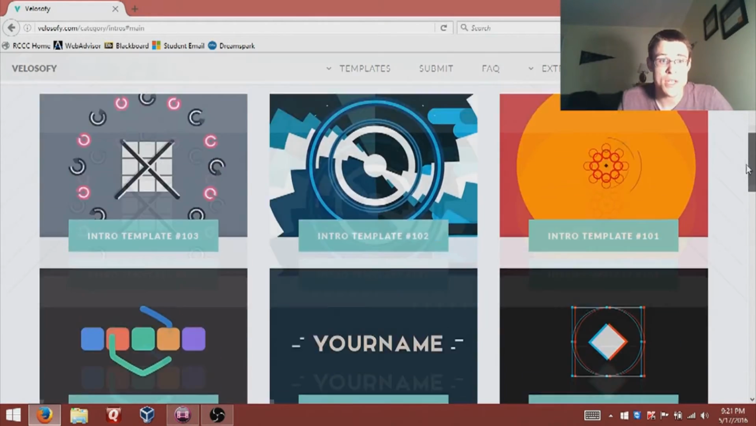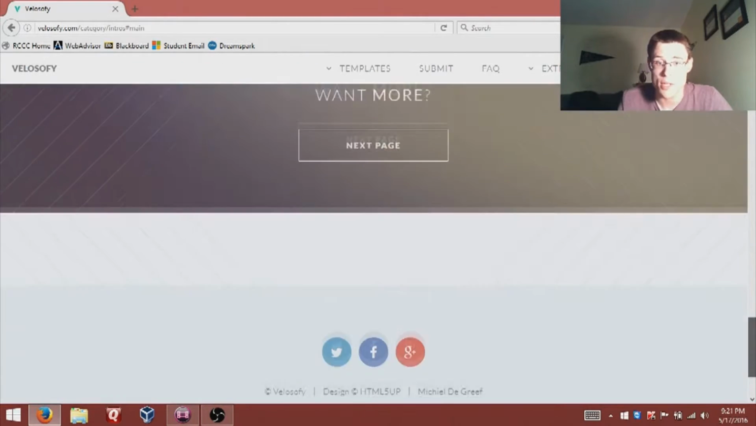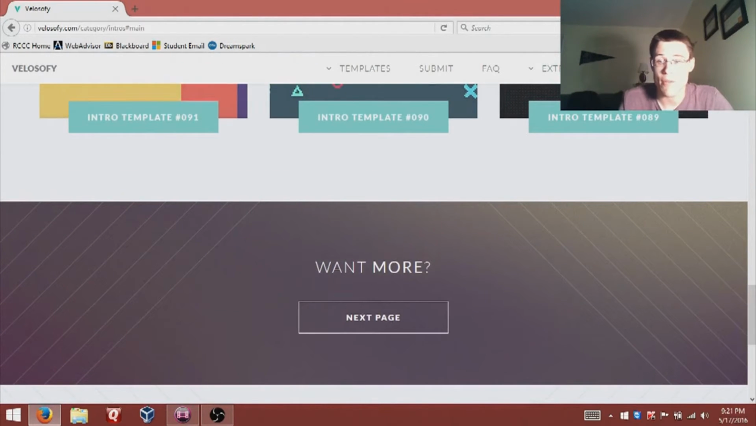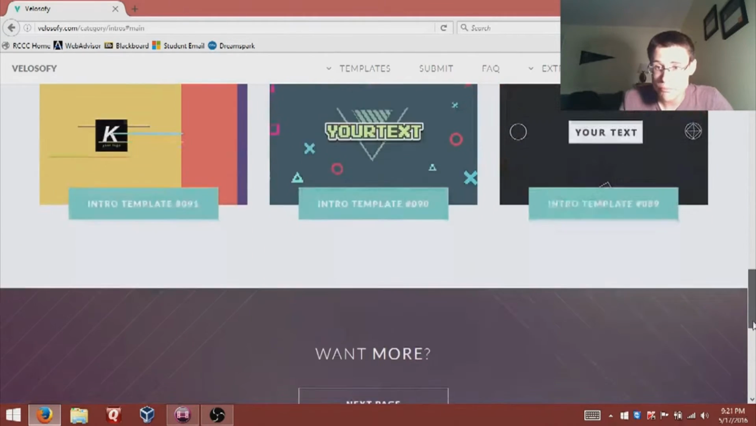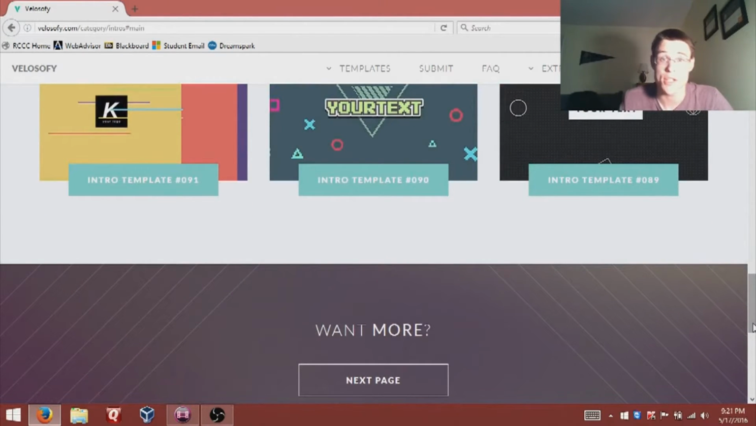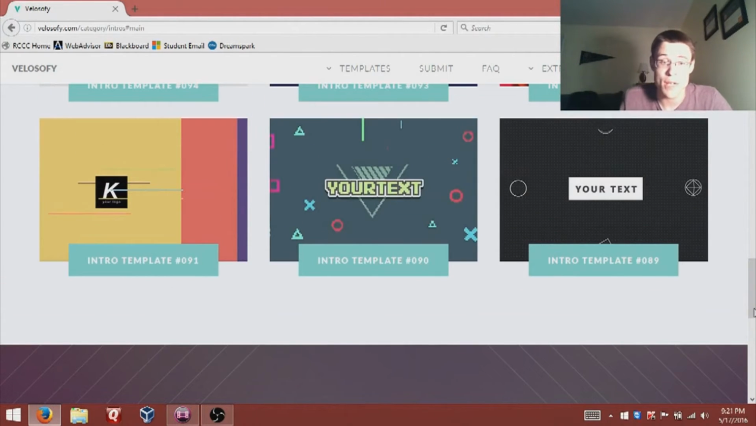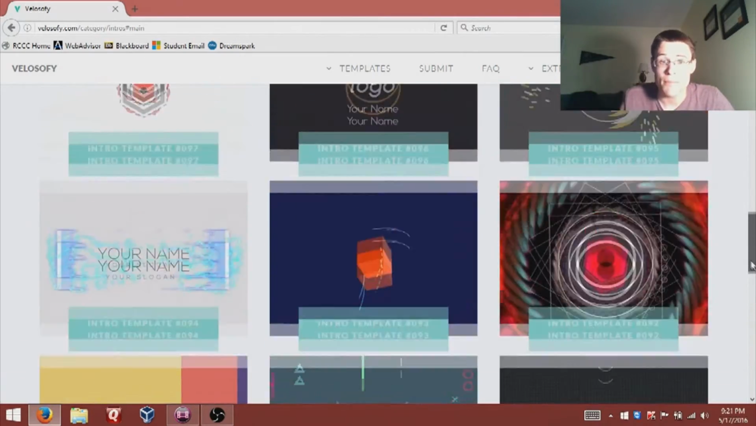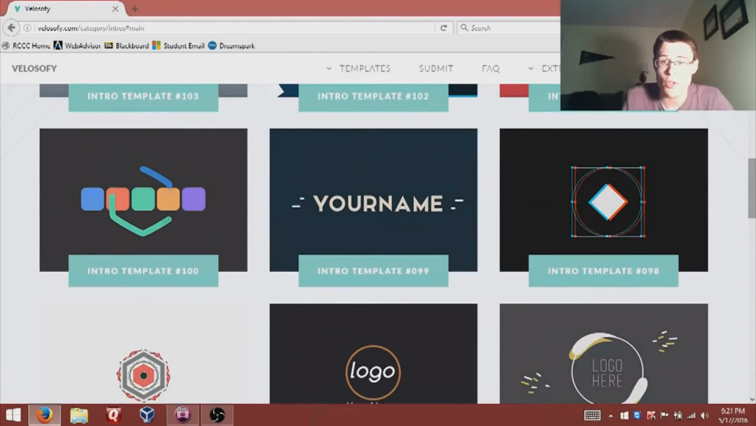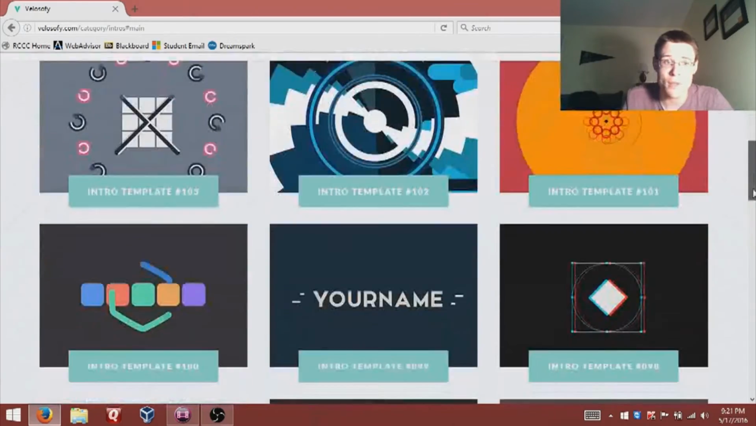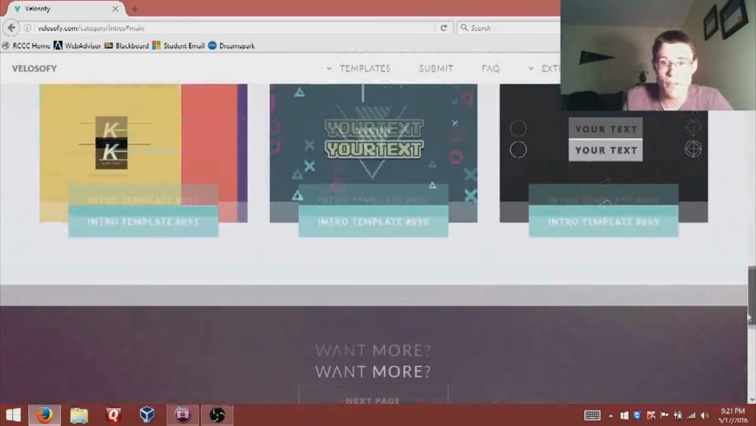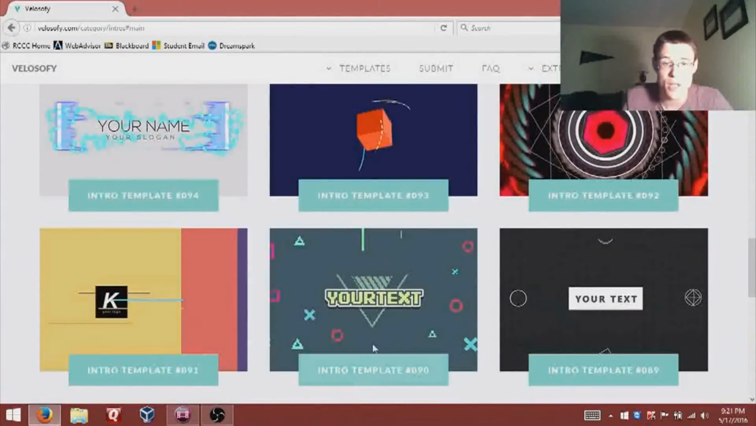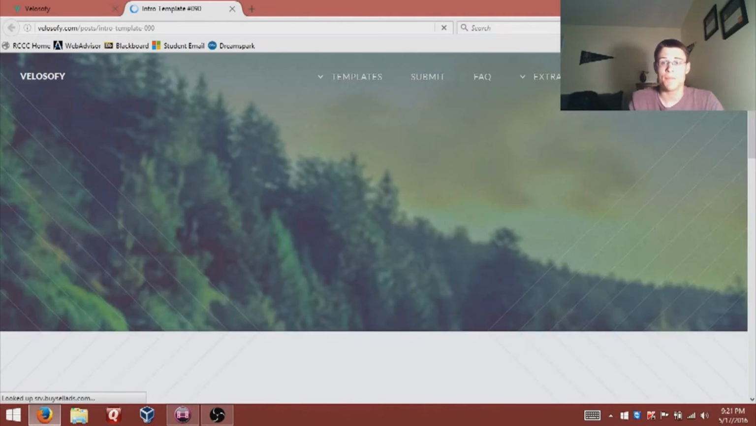As you can see, they have roughly 103 intro templates to choose from. They have all kinds of pages on it. Obviously, there's not 103 listed on this one page. That'd be ridiculous. I usually just look through here, and I think number 90 down here would work for gaming because it has the X's, the circles, and the triangles like PlayStation does. So I click the intro template button,